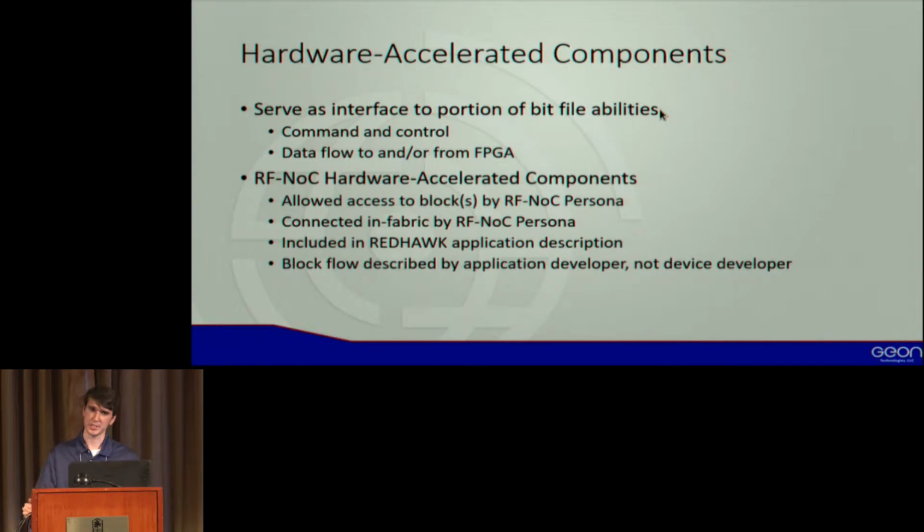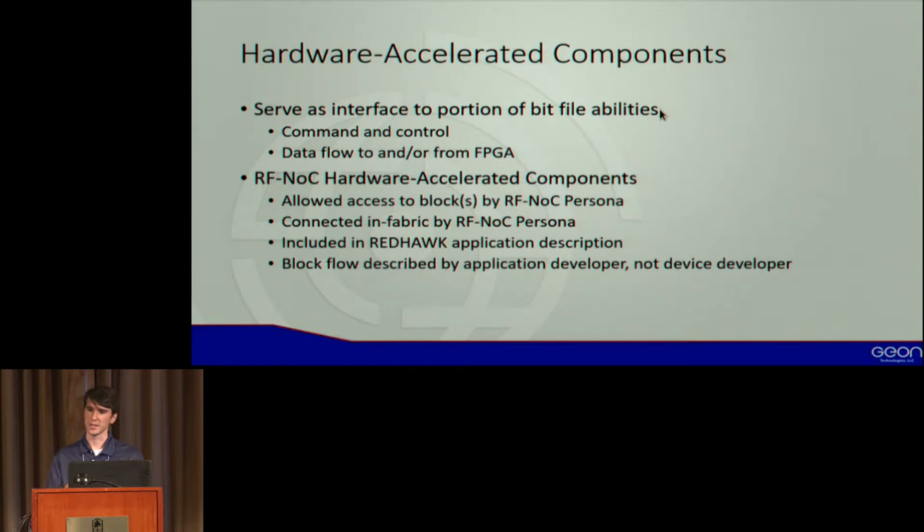So the second implementation pattern is for hardware-accelerated components. These are similar to personas in that they are going to provide an interface to the bit file, except they're now going to provide an interface to a certain part of the bit file, not the entire bit file. So you can do command and control and data flow to that portion, not the entire thing. So once again, in the context of RF-NoC, the blocks themselves are going to be represented by REDHAWK components now. They'll be connected. If you have multiple hardware-accelerated components in an application connected to one another with bulk I/O, REDHAWK's transport,